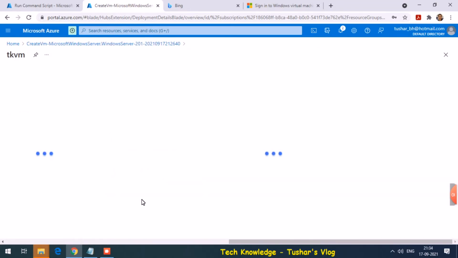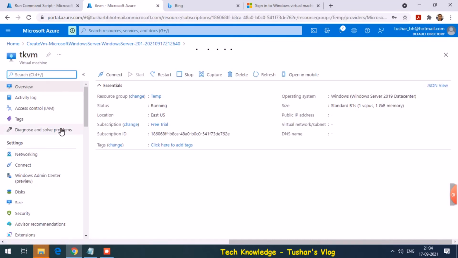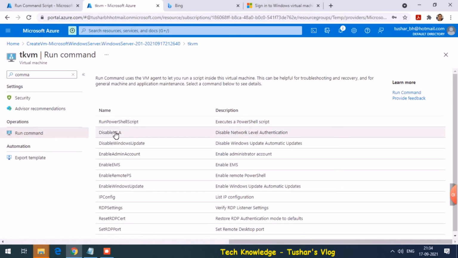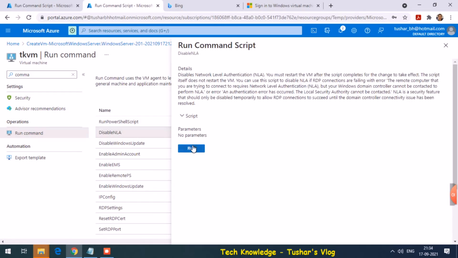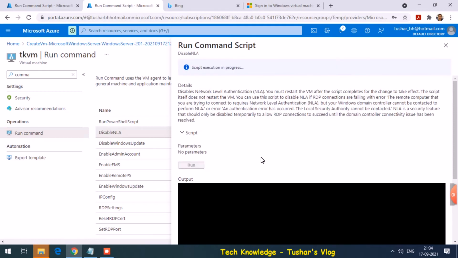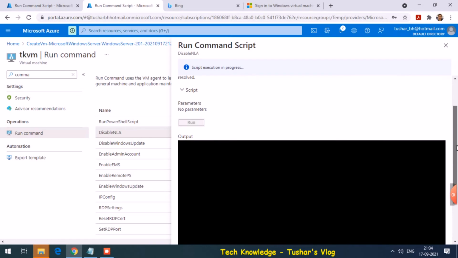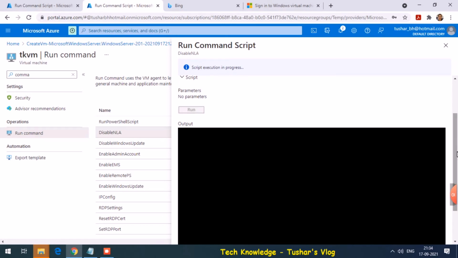So let's go to my VM. Let's go to command, disable NLA. Let's click on run. This might take few seconds.